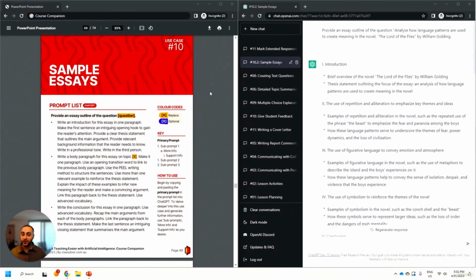This is probably the most polarizing practical use case that we're going to go through in this course. And it's based on this idea that when students inevitably discover that they can do this for themselves, it really is going to put a challenge towards our teaching practice that we're going to need to come up with some workaround solutions. But I've got all of that information over in part 4, where we discuss the implications of AI for our students. And the reason why is because this is asking ChatGPT to generate a sample essay.